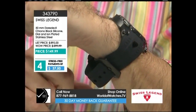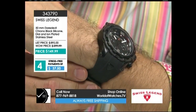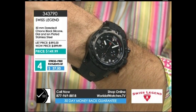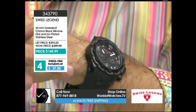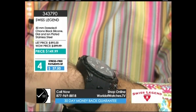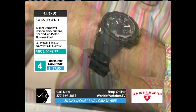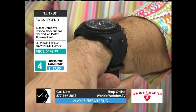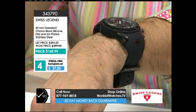But look, coming to a close shot, if we're able to, please. I want you to see the different levels of the case and the bezel. It's a multi-piece case and bezel design, and yet it's still so slim. Usually when you have these very bold sizes, they love to not only do the diameter, but the height of the watch to make it more proportionate. You don't want to look like you have a pie plate on there, so they have to add height. Well, this time they've made it with such perfect proportions that the watch, even though it's 50 millimeters,